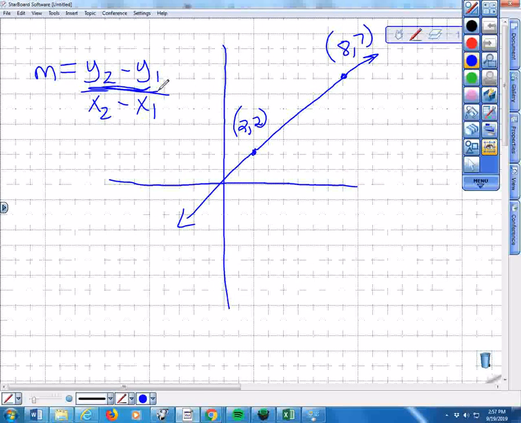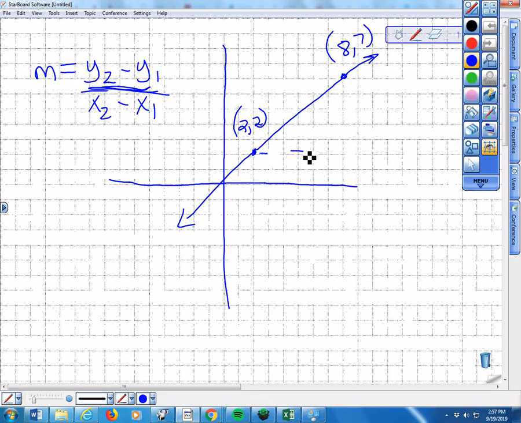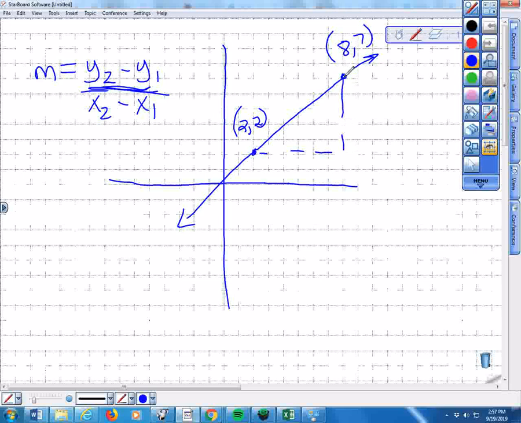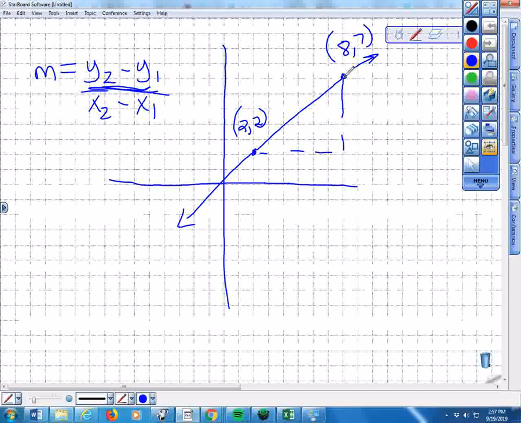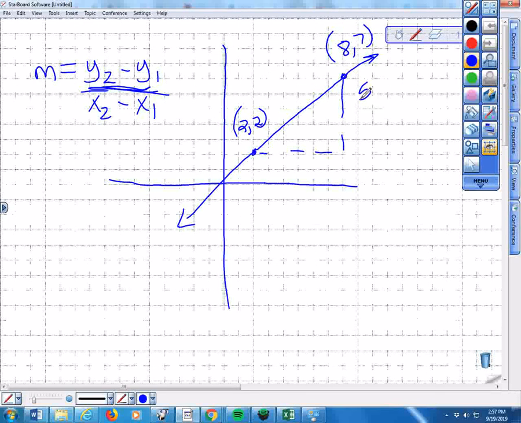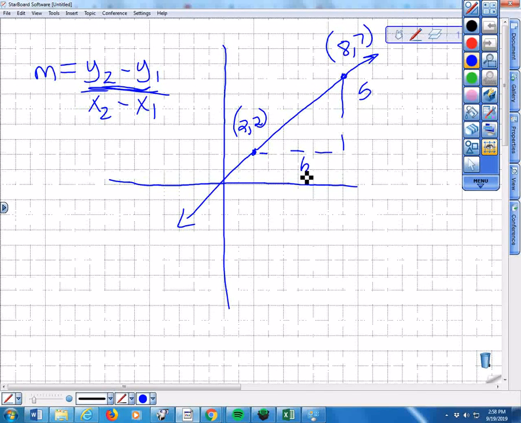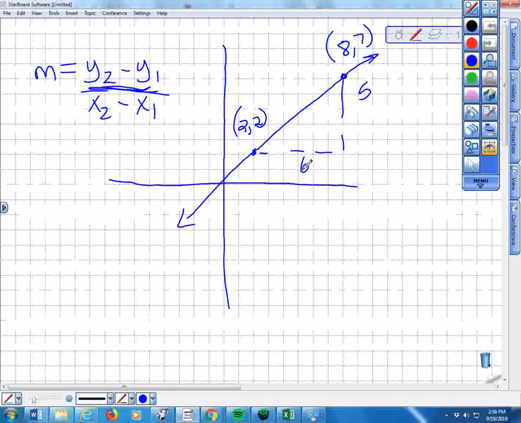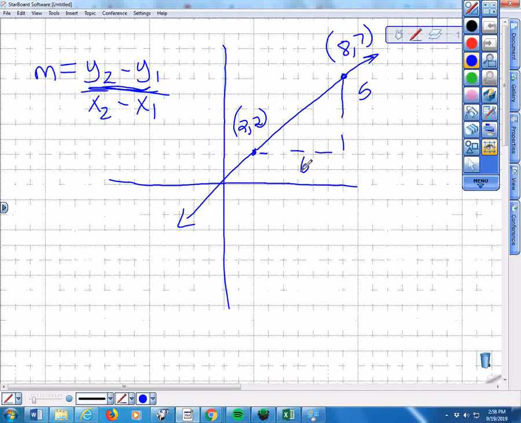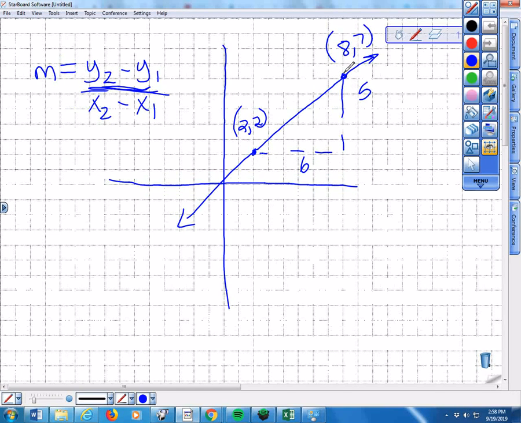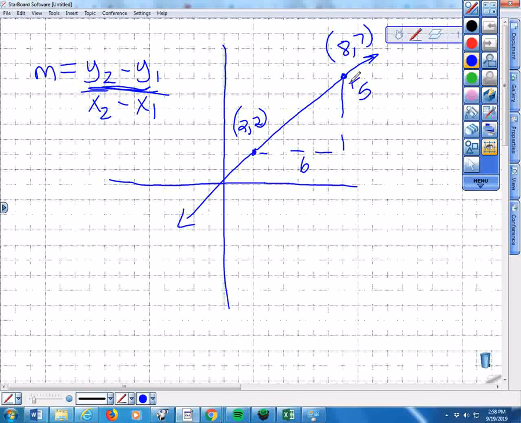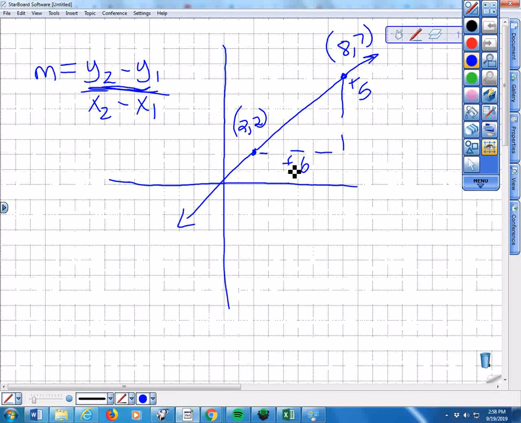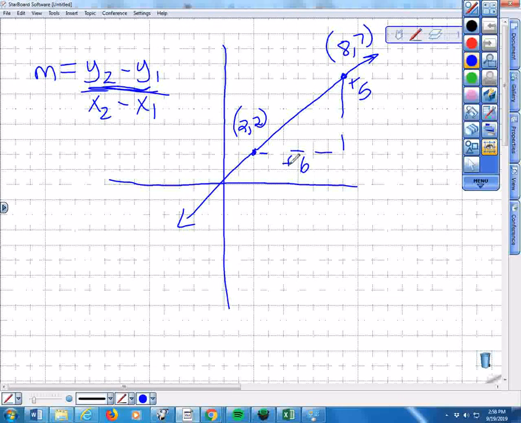Okay, so one way I could do this is I've got 2 points. I could just draw this triangle, and I could count the units. It's going 1, 2, 3, 4, 5 units this direction, 1, 2, 3, 4, 5, 6 units this direction. From this point to this point, is this direction up or down? Up. Is this direction right or left? Right. So those are both positive numbers. Okay? So the slope,